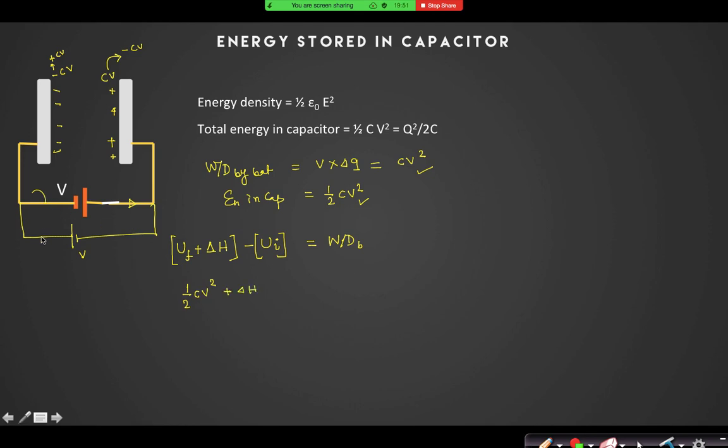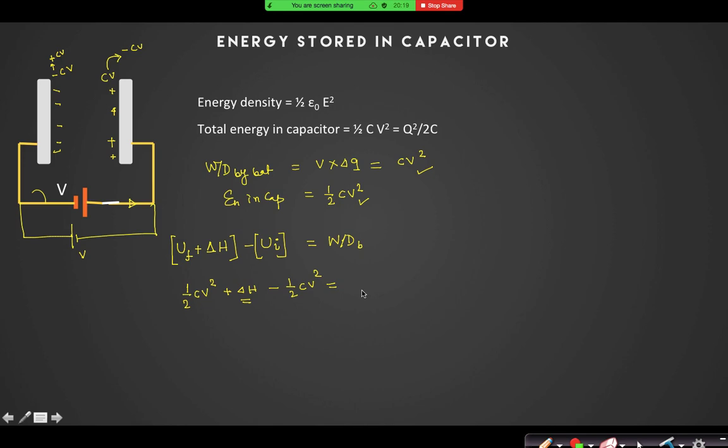And what is the initial energy in the capacitor inside that system? Again, you are saying that it is also half CV square, right? So what is the heat energy developed inside that circuit? Definitely, if the polarity of the capacitor is changing, then charges are flowing in that circuit. As charges are flowing, there will be a current and heat loss will be there. So how can we find the heat loss?